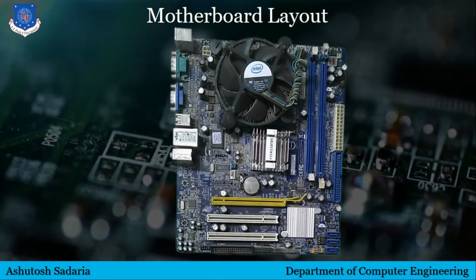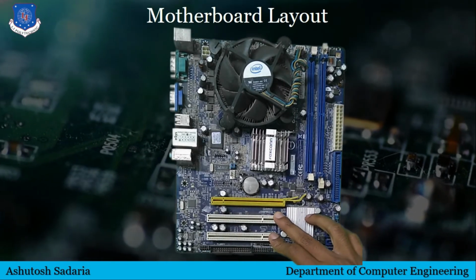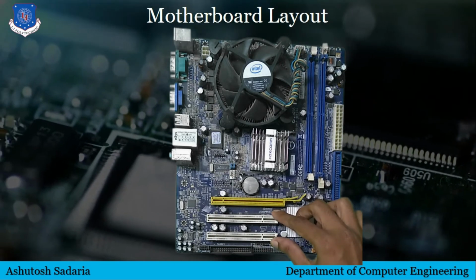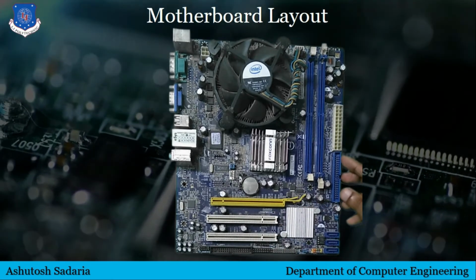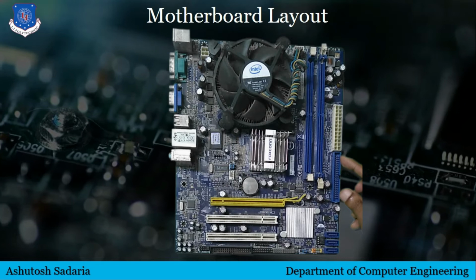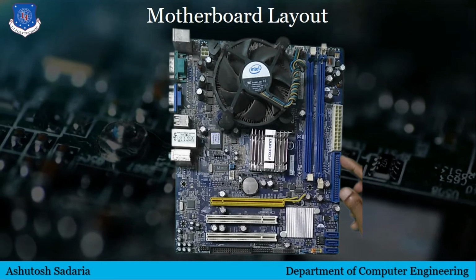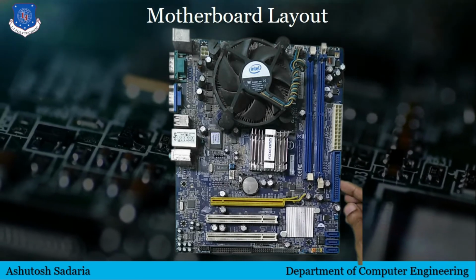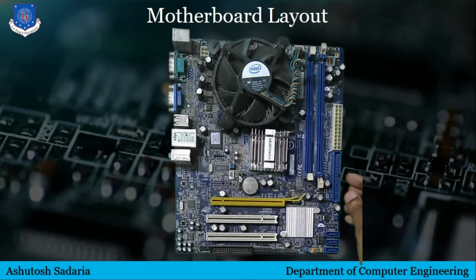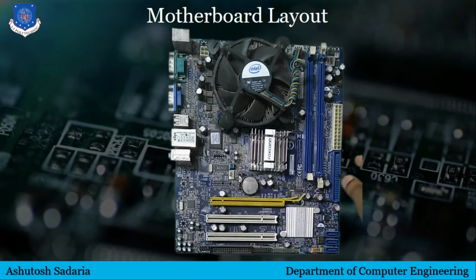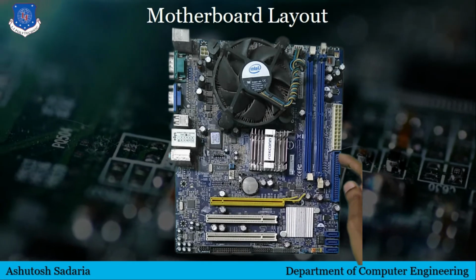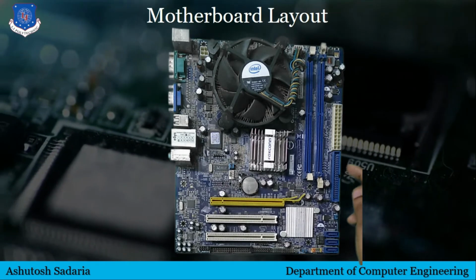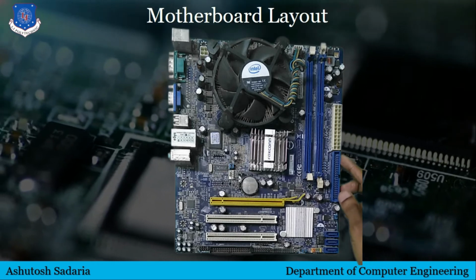Now we will see some other slots. These two white slots are for the PCI bus. You can connect PCI based cards on this slot. And this is the IDE slot. You can connect an IDE based hard disk on this slot using a cable. You can see the notch in here, and your IDE cable also has a notch, so that you cannot connect the IDE connector in reverse. You have to connect the IDE connector properly to fit this notch, so that you do not get a wrong pin connection to your IDE based hard disk.